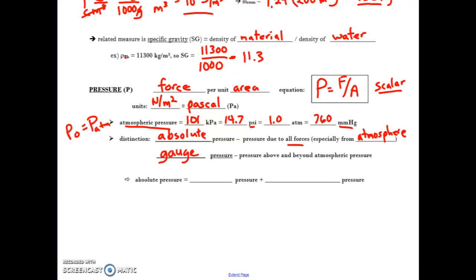So the simple equation that goes along with that is absolute pressure is equal to gauge pressure, okay, plus atmospheric. And we'll make sure we're clear on when you use one, when you use the other. All right, so let's finish up with a simple